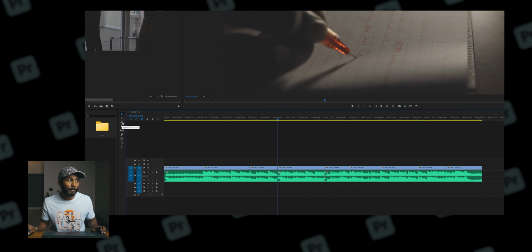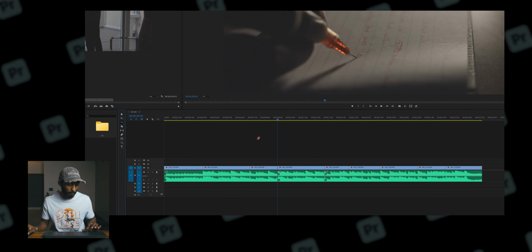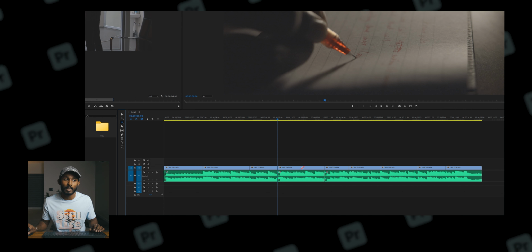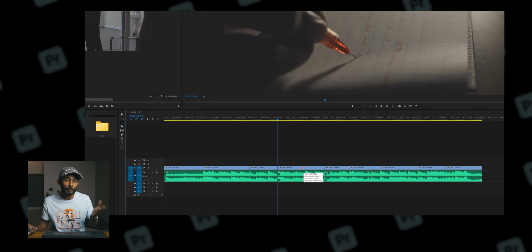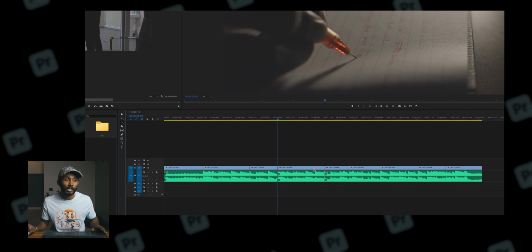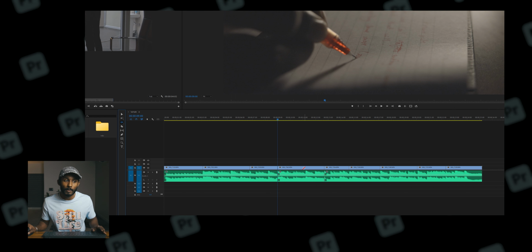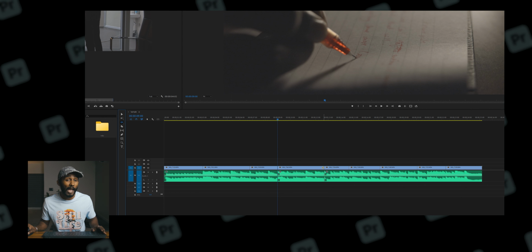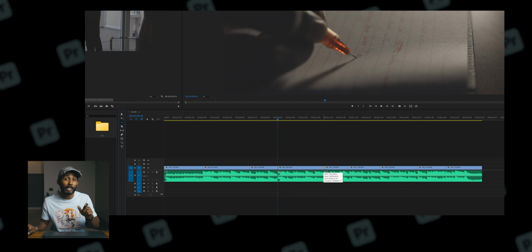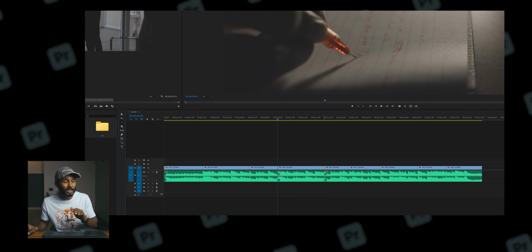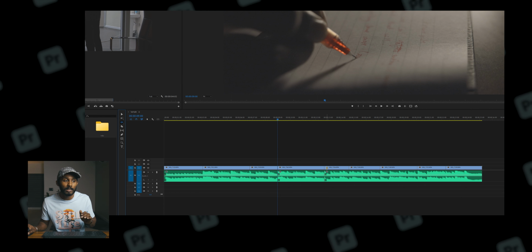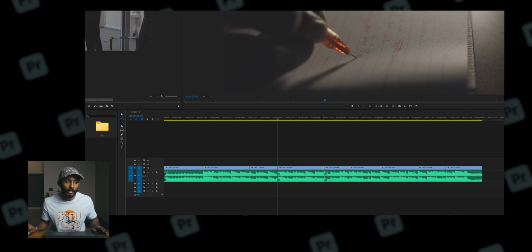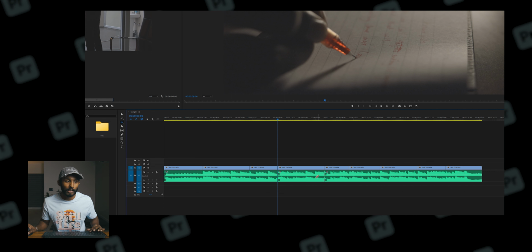Now if I select my ripple edit tool, the shortcut for that is B. Now if you hover over any clip in your timeline, you can see this icon. If you can see this icon, this means you have selected the ripple edit tool. Now I'm going to the out point of this clip and see how the icon changes. You can see the arrow is pointing towards left. If I go to its adjacent clip, see how the icon changes to the right direction. But what we're going to do is come back here, select all of this